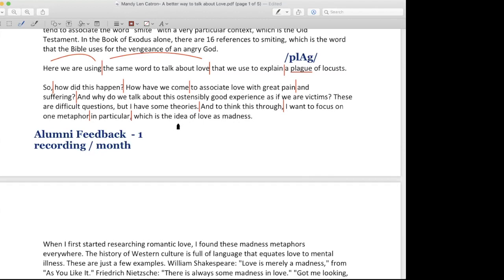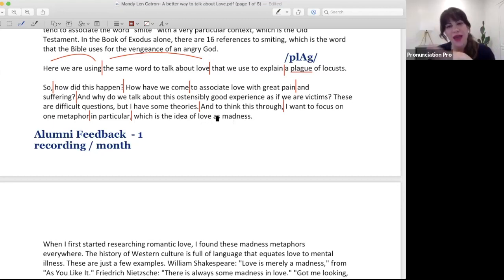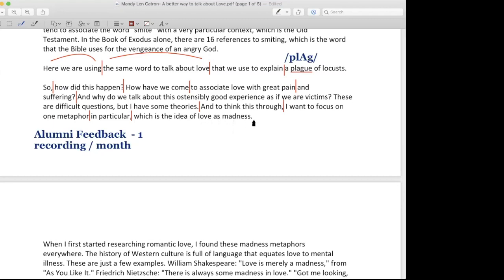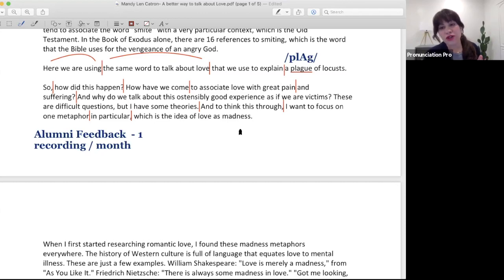Which is the idea of love and madness. Love as madness. Okay. Which is the idea of love as madness. Good. So what we're going to do, we're going to transition, Ayomide. You're doing a really